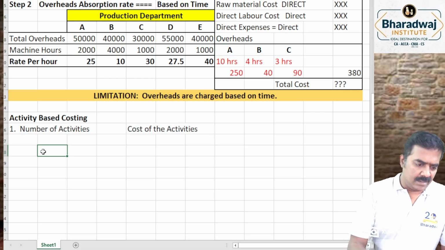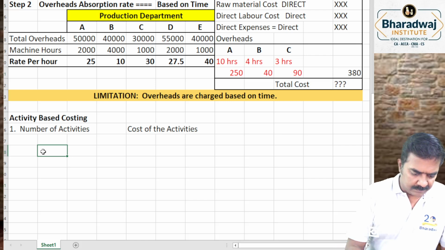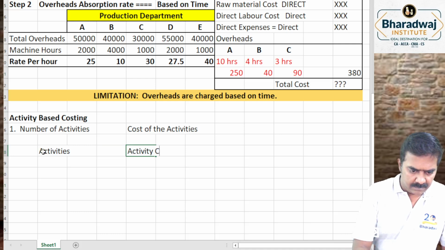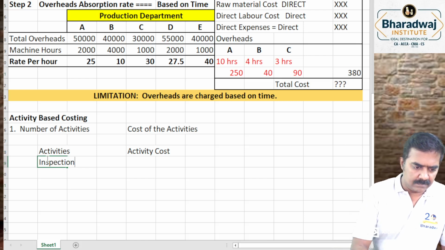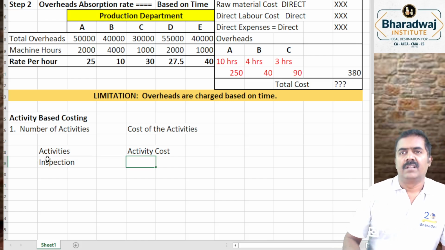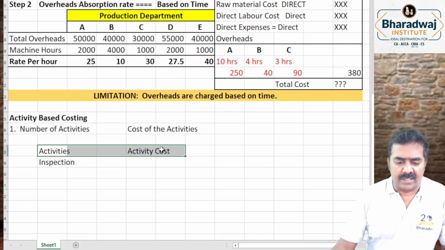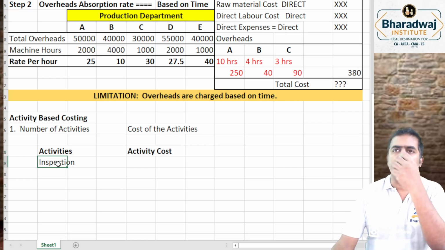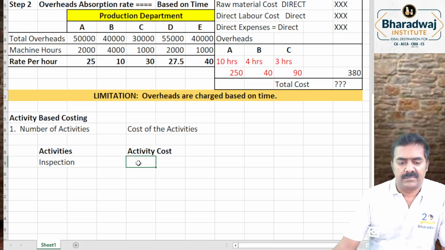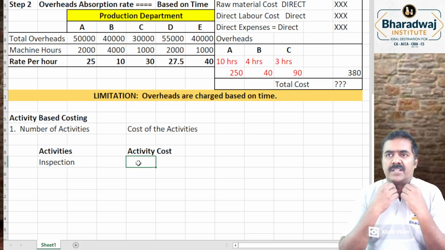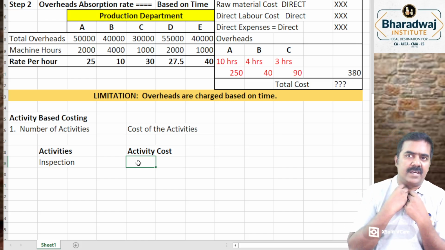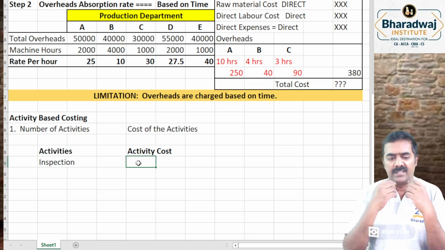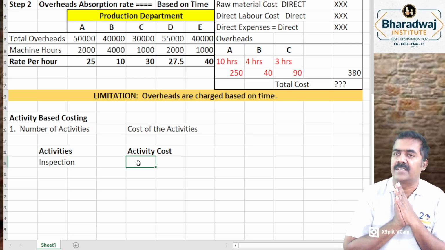For example, inspection cost. On what basis will the activity cost come? Inspection means quality inspection, quality checking. For example, we make shirts. For quality checking, there is a label that says checked. You can see checked like that. This quality checking cost, the inspection cost, depends on